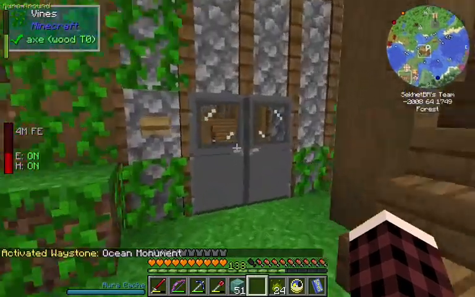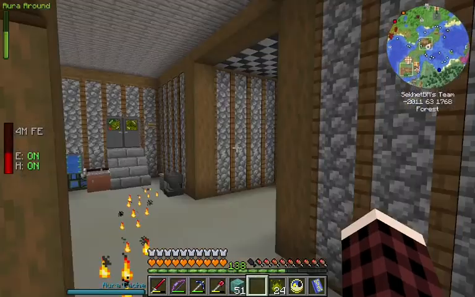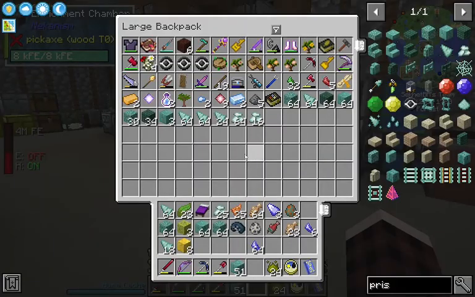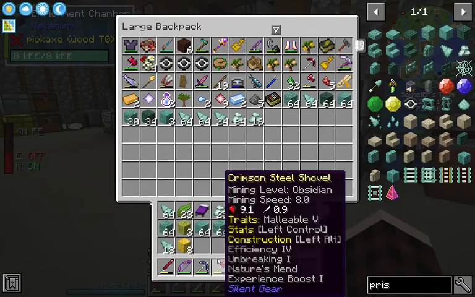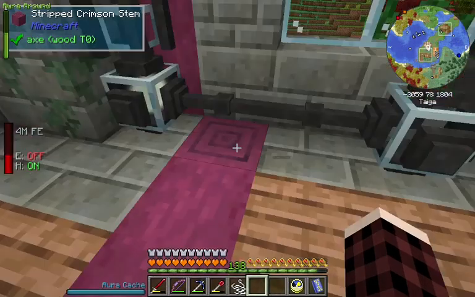Whew, home sweet home. Gotta love those waste stones. So our capturing enchantment not only netted us a couple of guardian eggs, it netted us an elder guardian egg, so we can make a sponge farm if we wanted to do such a thing. So we're gonna need some of